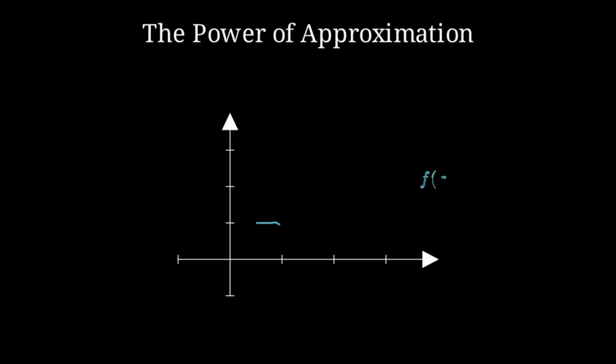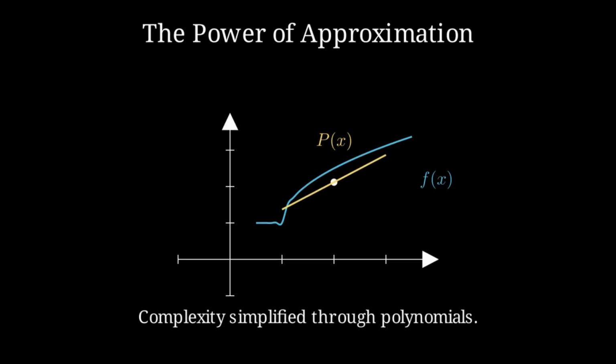Have you ever wondered how calculators compute values like e to the power of 1.5 so quickly? They don't use infinite tables, instead, they use Taylor series. This mathematical tool allows us to represent complex, transcendental functions as simple sums of polynomials, making impossible calculations manageable and